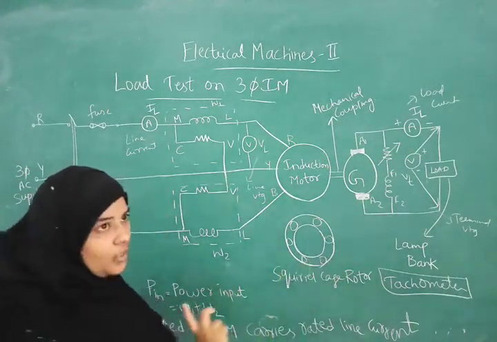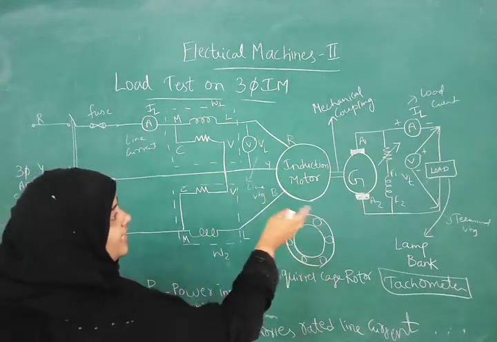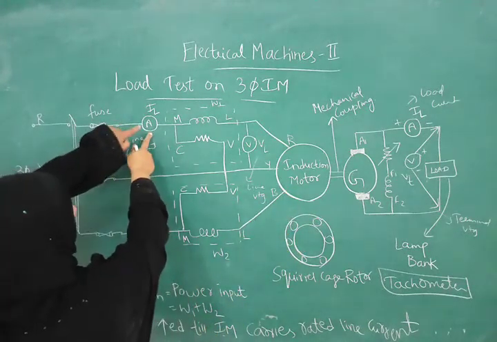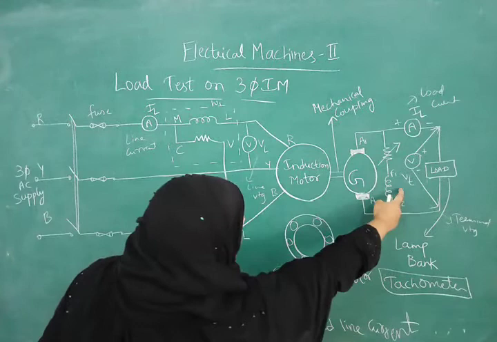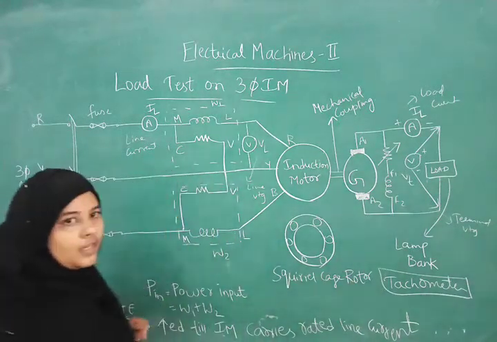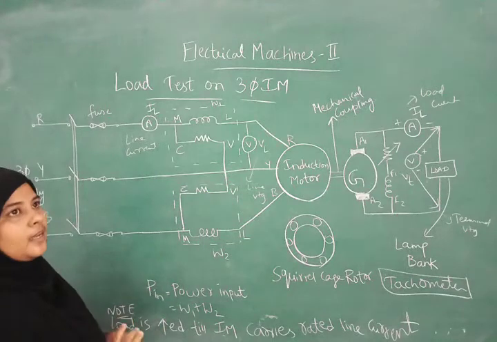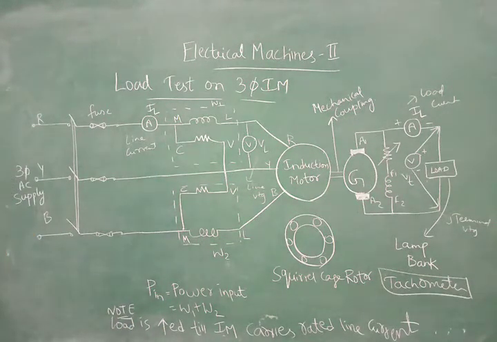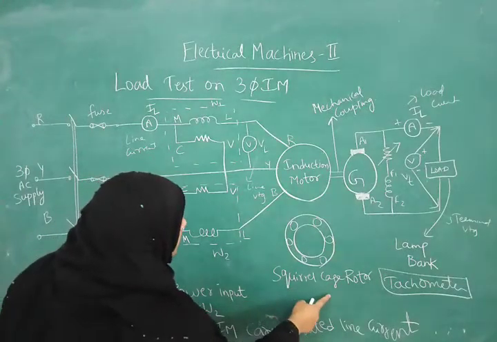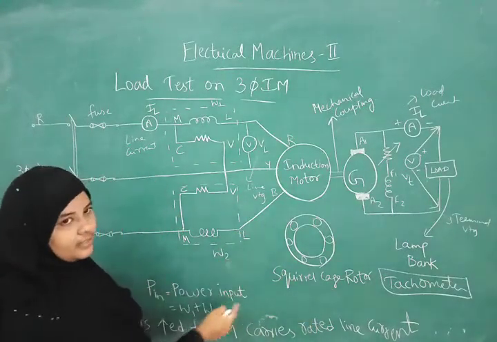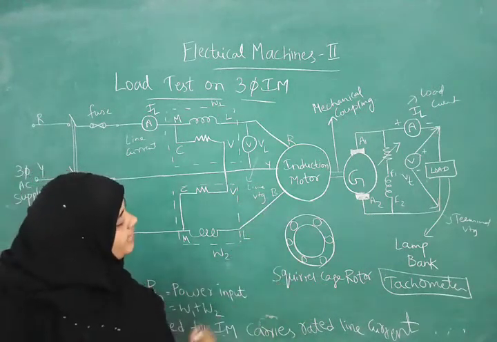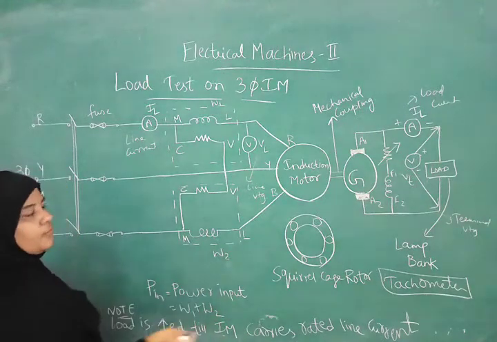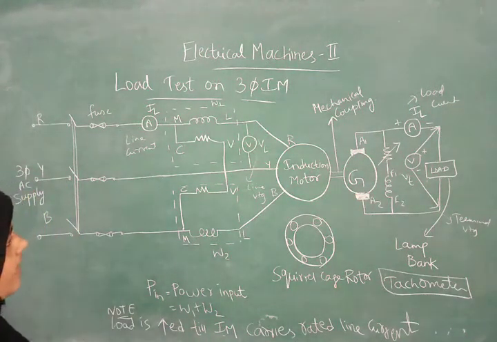So we are increasing the value of load, and hence we are loading the generator and motor, and we are finding out the values of these meters: IL, VL, W1, W2, then this IL, this VT, and speed. So all these parameters we are determining by using this load test. We can use here a squirrel cage rotor or a slip ring rotor. In our test I have used a squirrel cage rotor. Below this only we are drawing the diagram to know which type of motor it is, squirrel cage or slip ring. And the stator can be either star connected or delta connected.